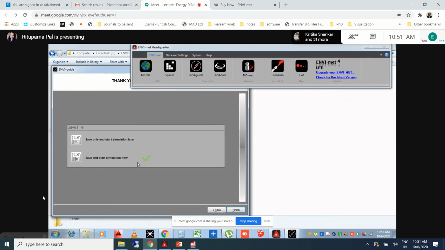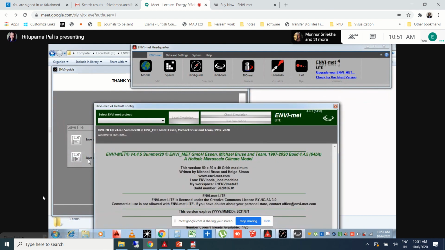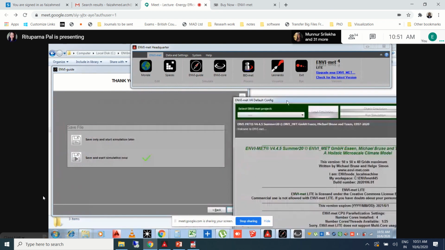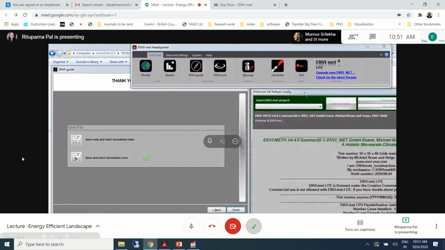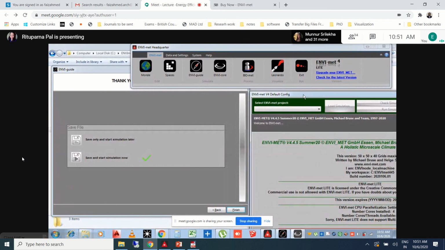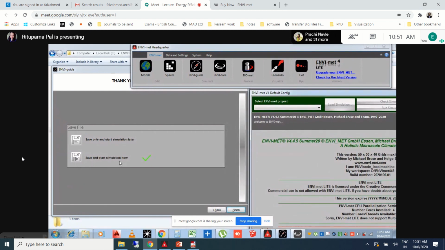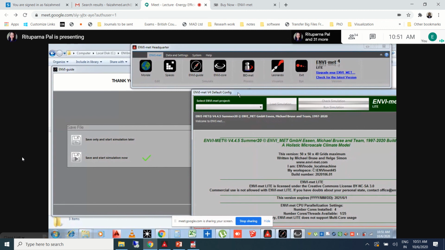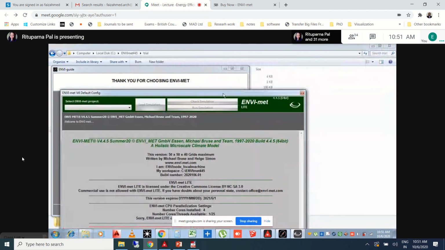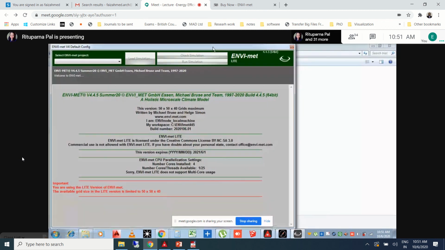On clicking OK, you find everyone was on this page only, right? Yes, ma'am. Okay. On clicking that save option, you see that a green tick has been allotted to this particular thing. Has everyone got this? Yes, ma'am. And if you wait, you will find that this particular box has opened, called implement G4 default config.